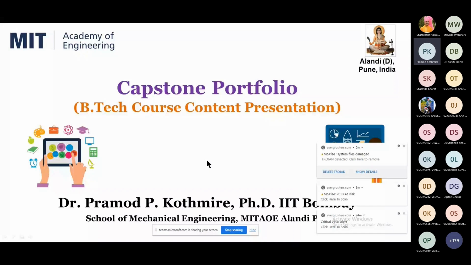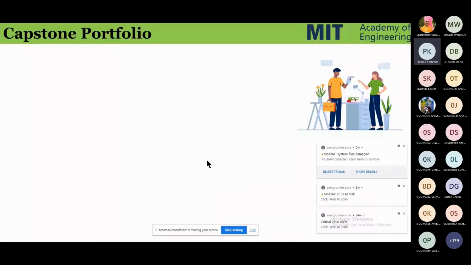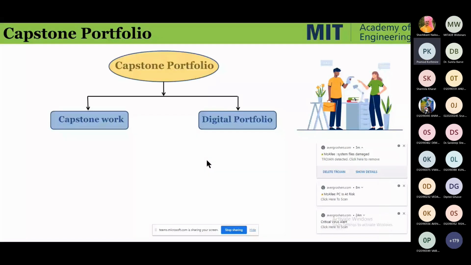So let us see what exactly we mean by Capstone portfolio. Capstone portfolio is basically divided into two sections. First section is the Capstone work, and the second section is the digital portfolio. So what you need to do in Capstone work is, individual student, right from your first year of engineering, that is design thinking, then in your second year, minor project, in